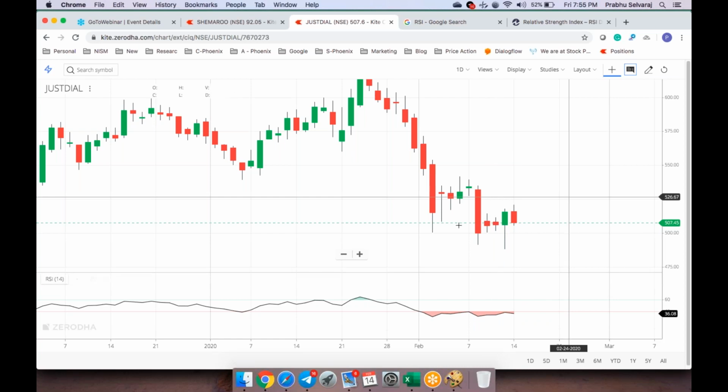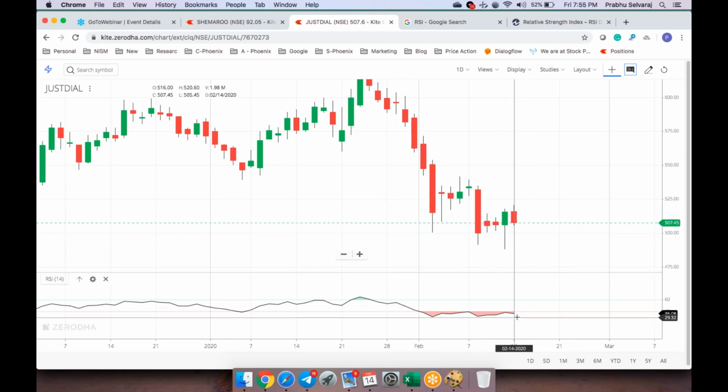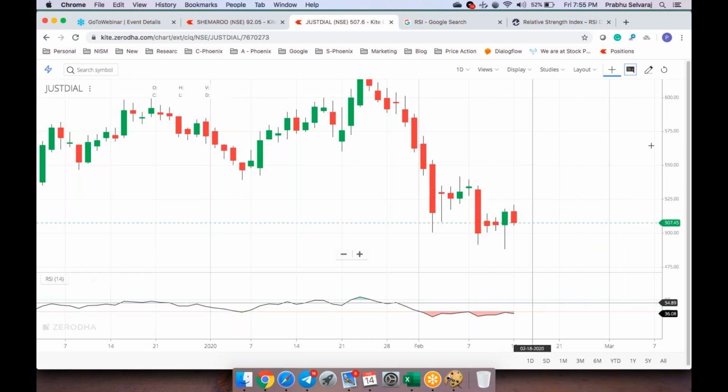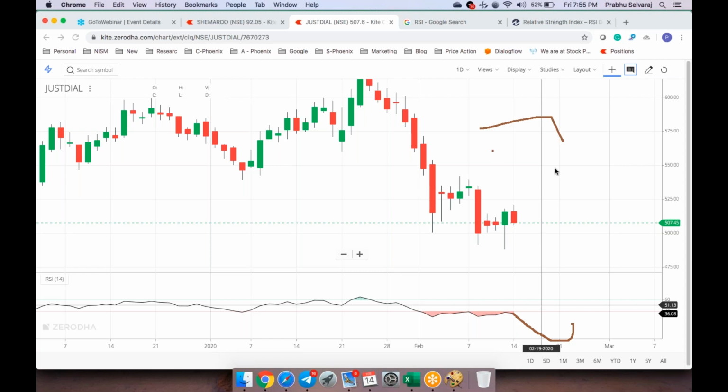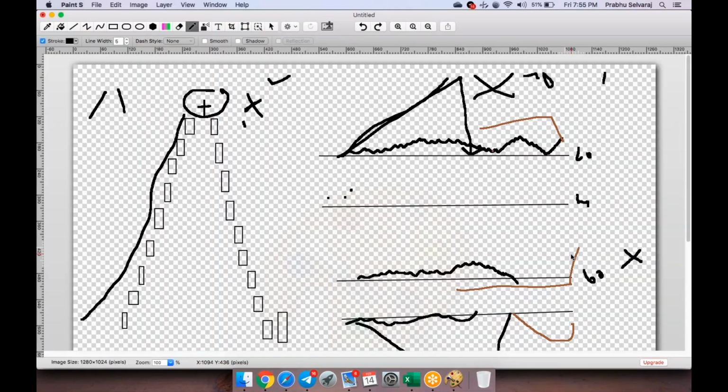But in this scenario, I will not make any entry unless the RSI is crossing 40, because it is a flat market. If the RSI goes further down like this and takes a reversal, I'll make an entry, a sharp bend. What does this mean? I mean to say that when the RSI is